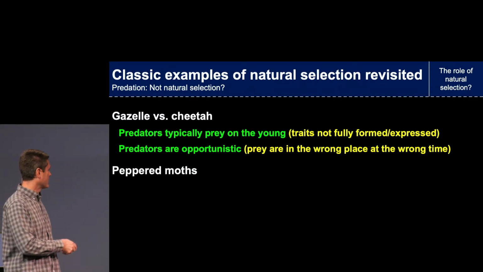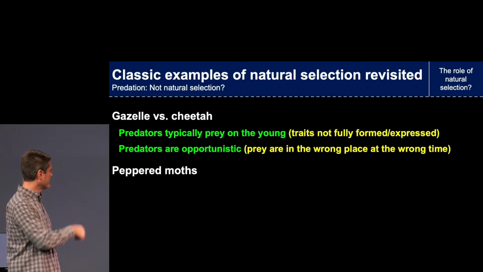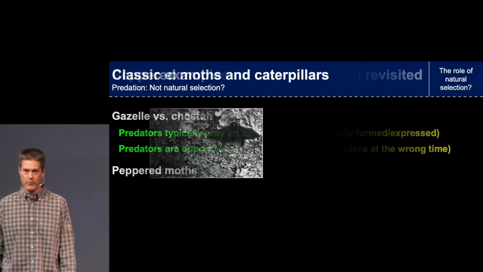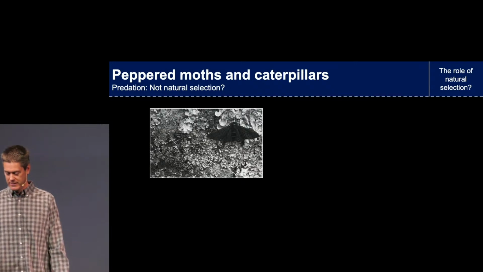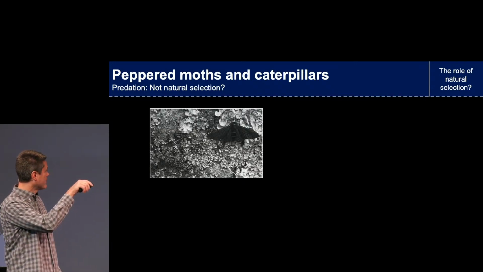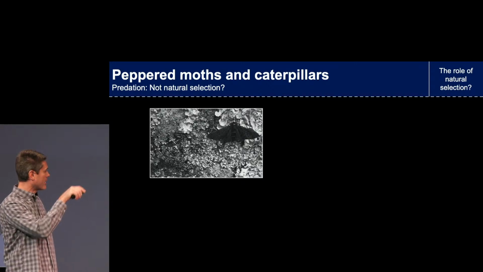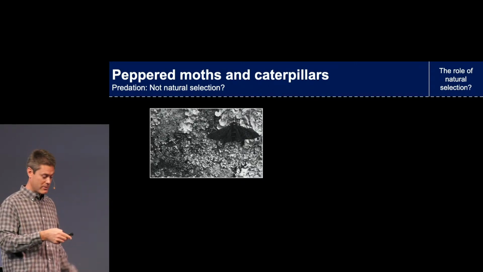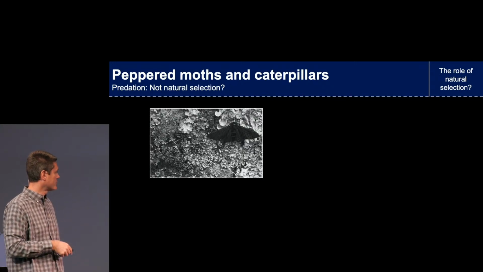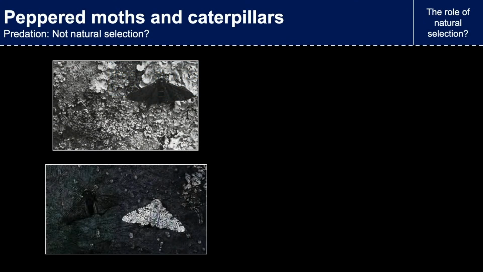So you've seen peppered moths before. You've seen these pictures. Here's a peppered moth on a tree. Actually, there's two peppered moths in this tree, believe it or not. There's the black one, and right down here is the white one. I don't know if you can see him or not, but he's obviously very well camouflaged. Well, of course, if you switch out the tree trunk, now the black one is very hard to see, but